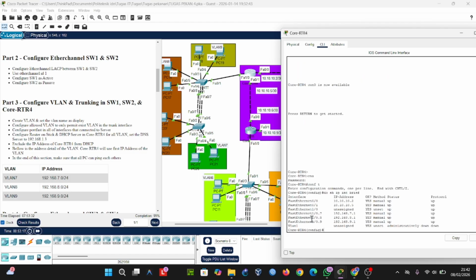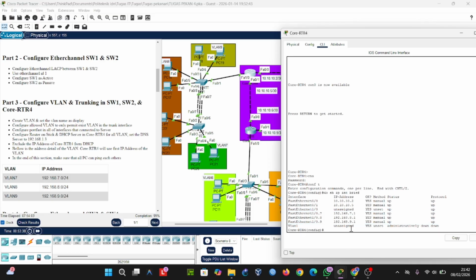I create the sub-interfaces on the router, for VLAN 7, 8, and 10 with IPs. This IP becomes the default router for the DHCP of the VLAN.